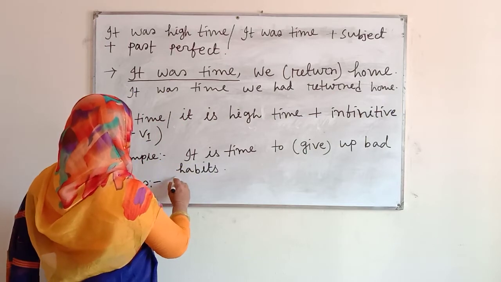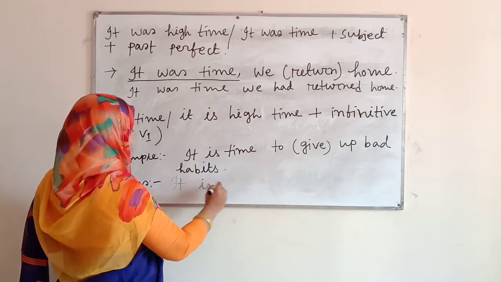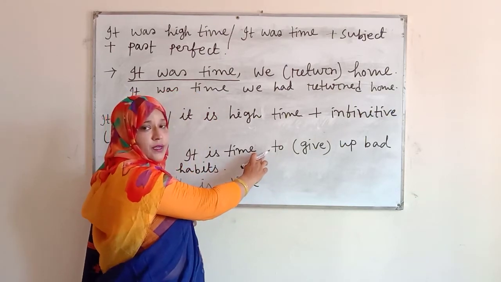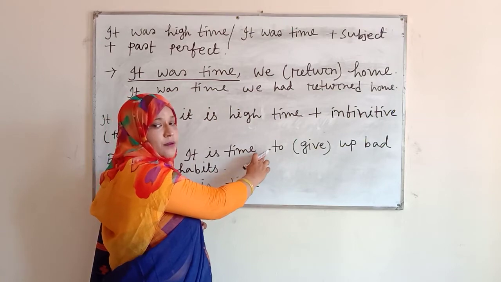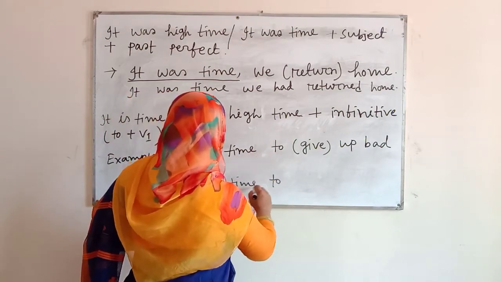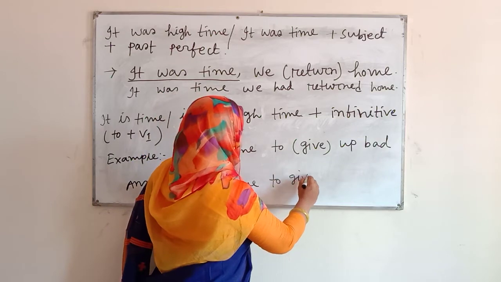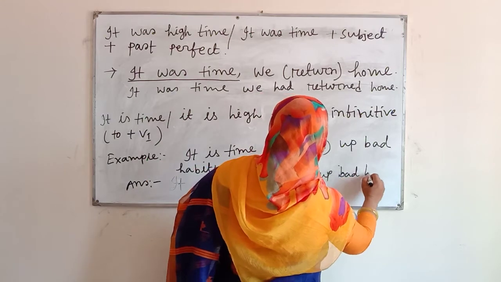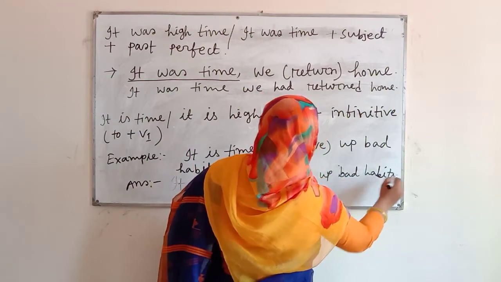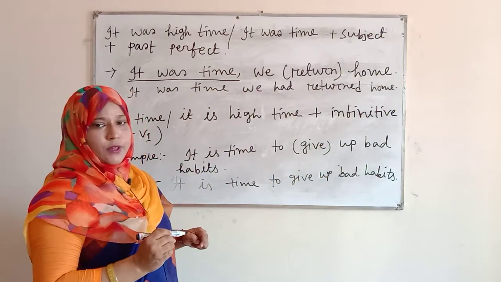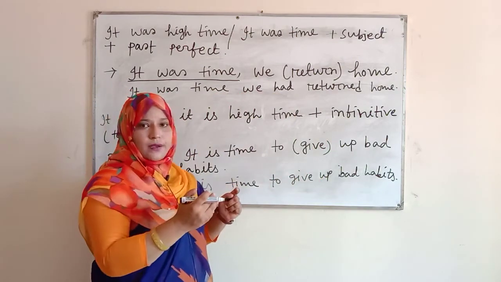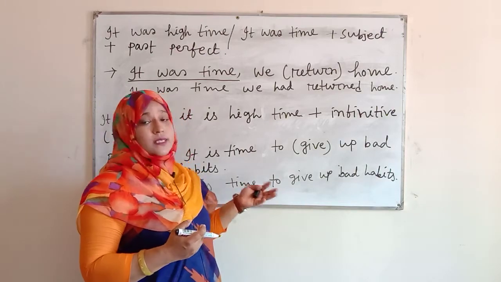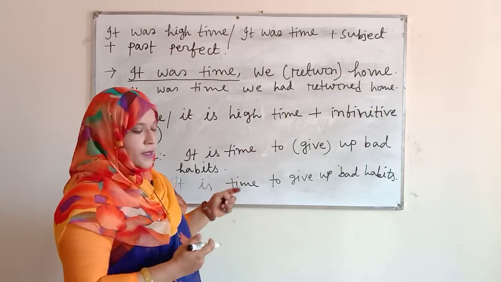Our answer will be it is time, and there is no subject. It is time or it is high time and there is no subject. So our answer is it is time to give up bad habits. You have to notice it very carefully. It is time or it is high time. Then if you have subject or not, তোমার সাবজেক্ট আছে কি নাই তোমাকে সেটা ফলো করতে হবে।